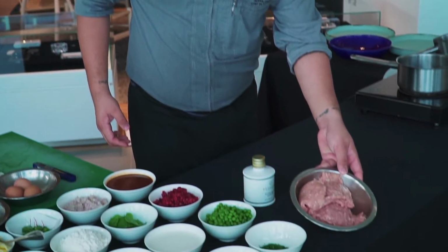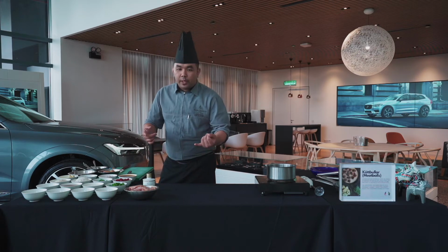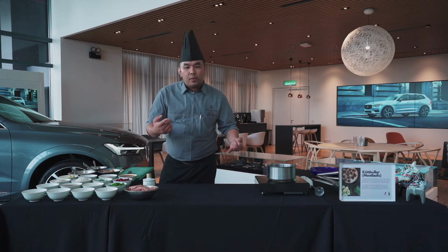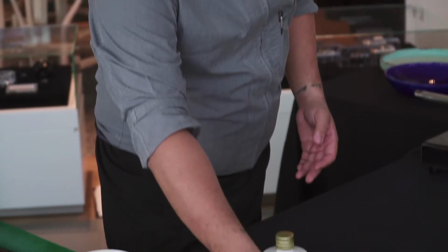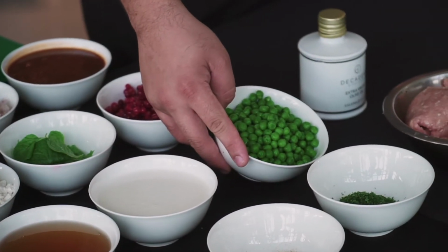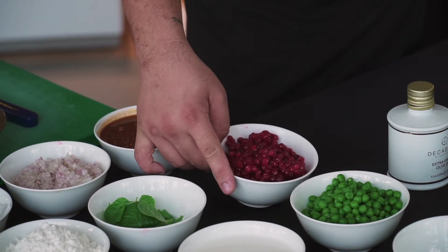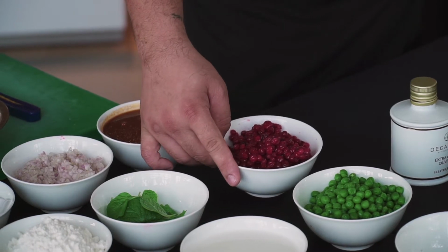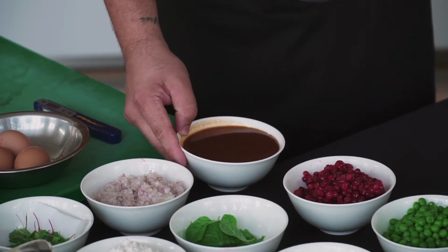So I'm going to show you the ingredients we have here today. In front of you is 360 grams of chicken. We can use beef, we can use minced pork, we can even use turkey if you like. Then we have chopped parsley. Then we have our petit pois green peas. Then we have lingonberries. You can use frozen lingonberries, you can use fresh lingonberries if you can get them, depending on your market. We have chicken stock,